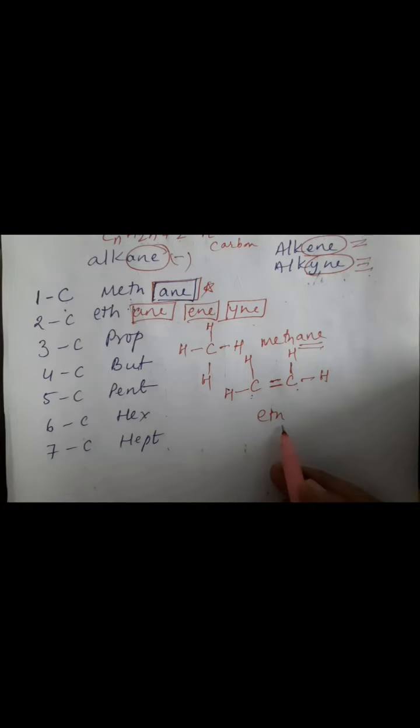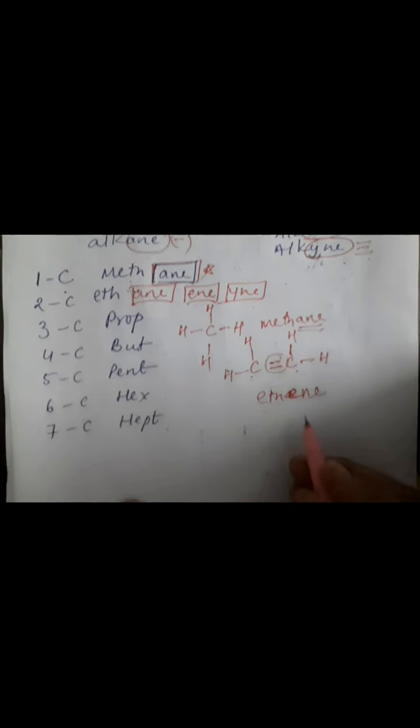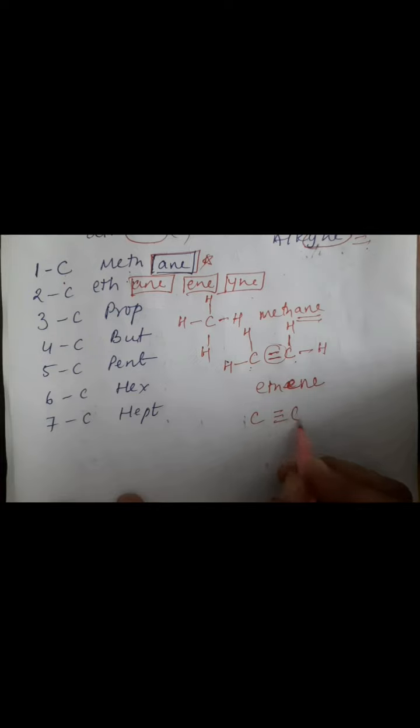2 carbons are there, so we call it eth, ane, and then since a double bond is there, we'll replace this with eth, ene. Now coming to the triple bond, if there is a triple bond, we call it yne. As with the double bond, the 2 carbons are there,